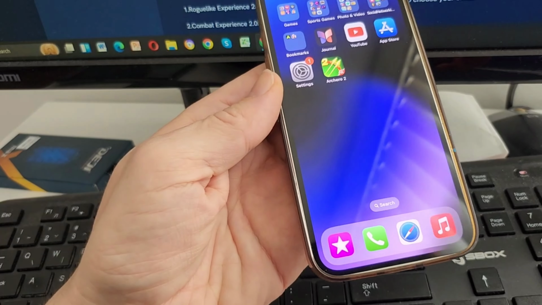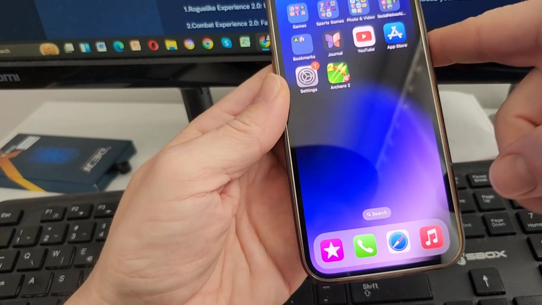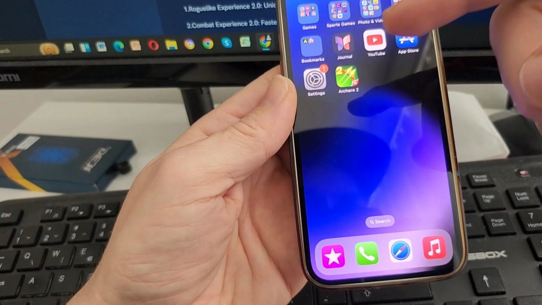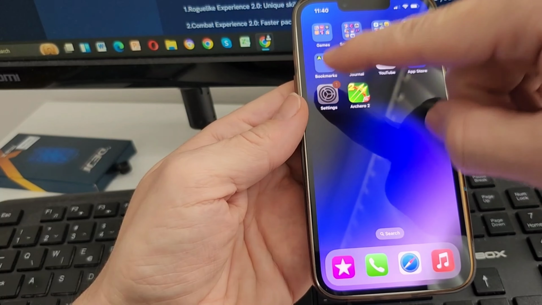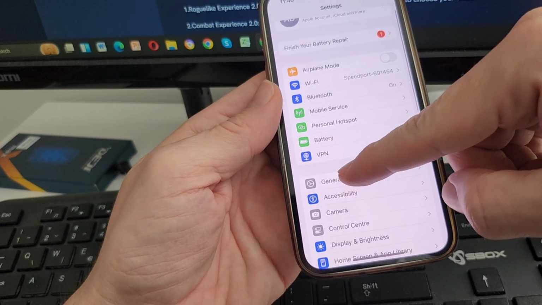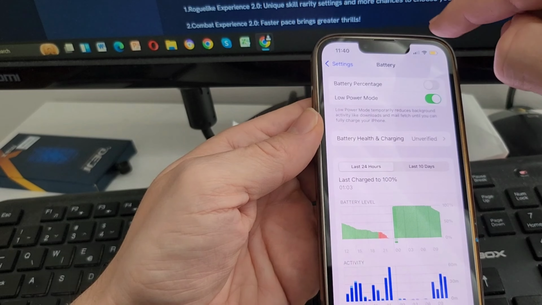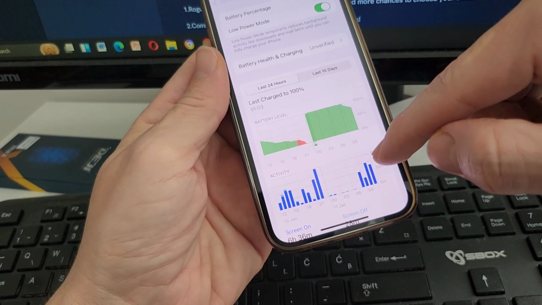Before we start, guys, you just need to check a few things in the settings so the whole process goes smoothly. I'm continuing with iPhone because you need to make some changes in the settings for the iPhone if you haven't done it before. So go to your settings, and a lot of people like to use lower power mode to save battery. But if you are using lower power mode, it means that